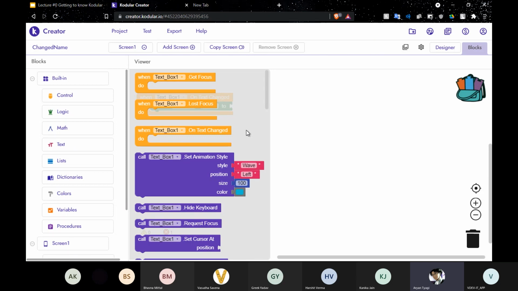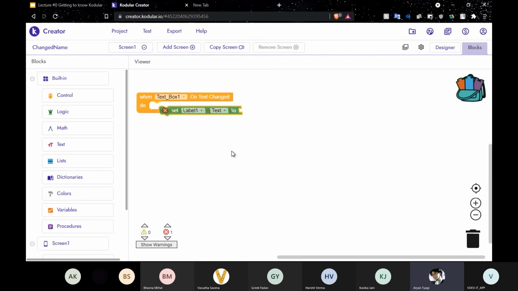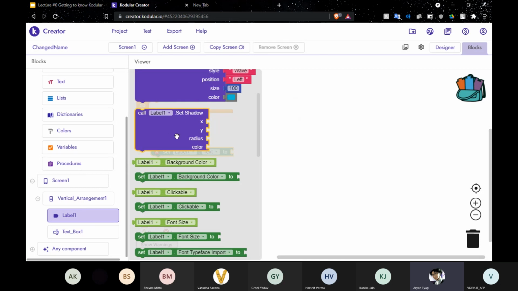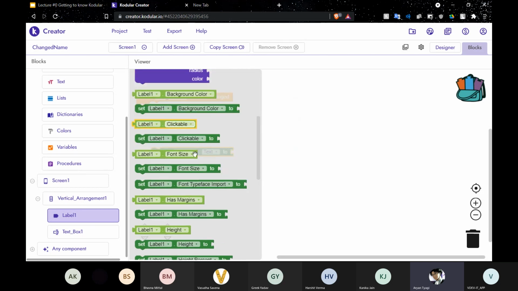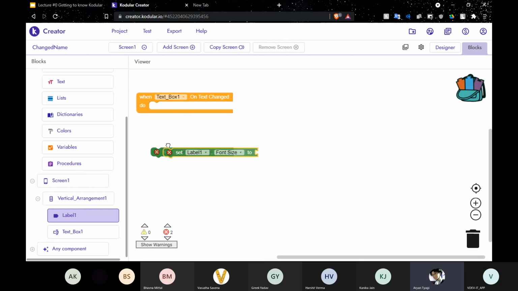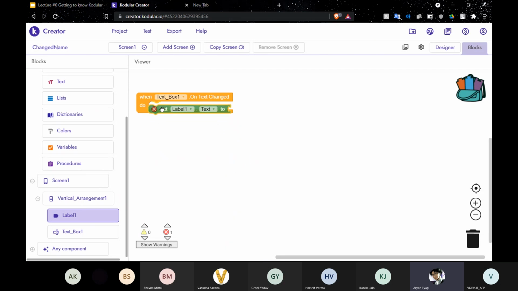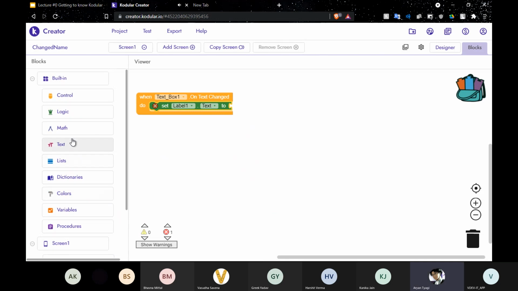So we dragged it out of there, and then we are going to need a label attribute. So in the label, we have again different attributes, different properties, different events. This is the dot click, dot long click. There again, like if you click on a label, or if you long click on a label, then the animations, shadows, this is all the visual stuff. Then we need to set the label to something. All right. So we drag out the label, set label dot. You can select anything for now because in the end you have this drop down where you can select text. So if I do this, and then I have to change the text.